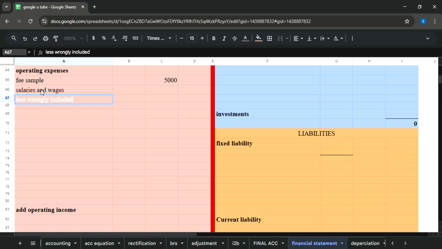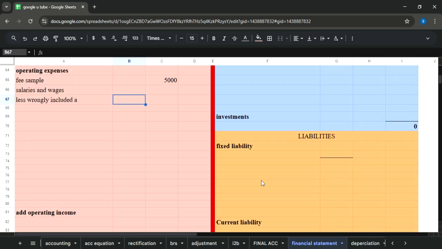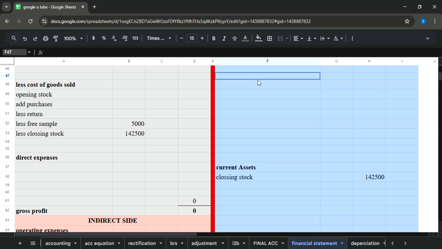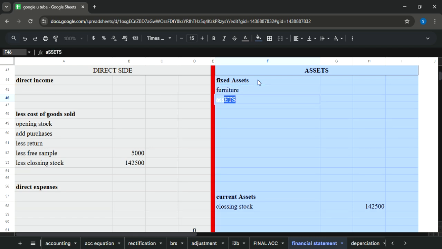Wrongly included amount, and that was I think 2,000. Look at here. Wages and salaries include 2,000, which was actually the amount for the furniture. So why have we added it in salaries? Now this mistake would be rectified by subtracting 2,000 from salaries, and where the actual place of this 2,000 was, it is mentioned originally it was to be added in furniture. So we will now add